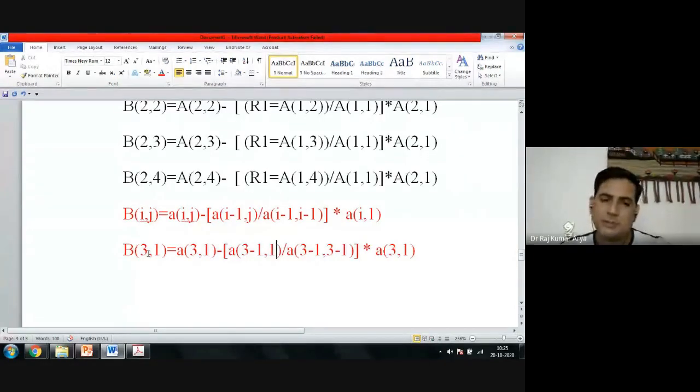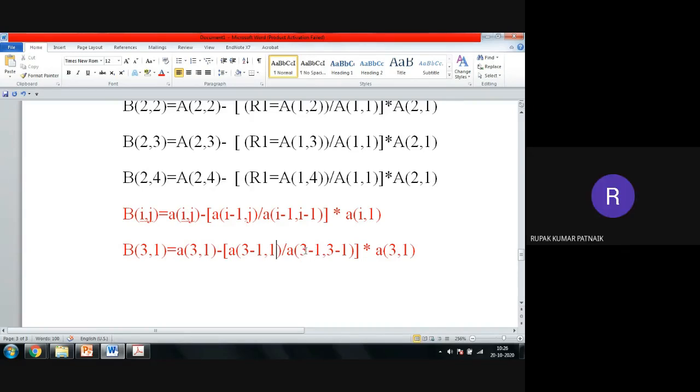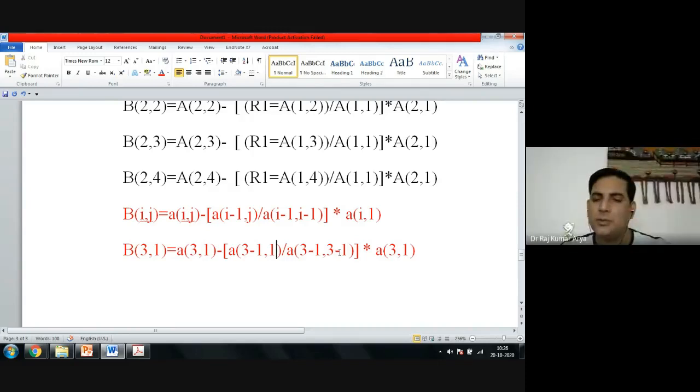B31, obviously, I want to calculate. A31, okay, fine. This is subtracting from A(2,1). Yes, this is subtracting from A(2,1). It is dividing by A(2,2), which is not serving my purpose.